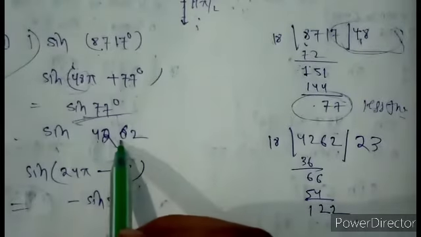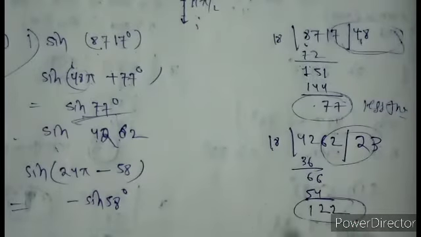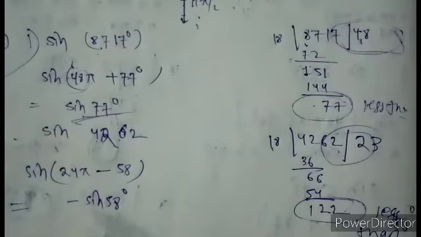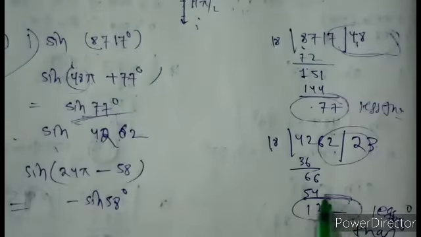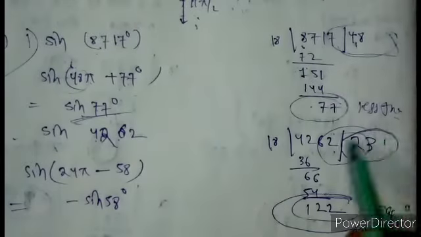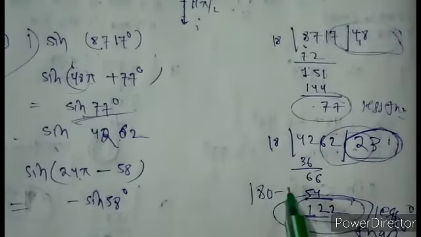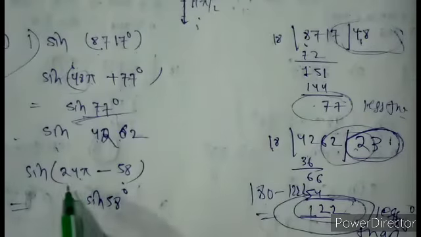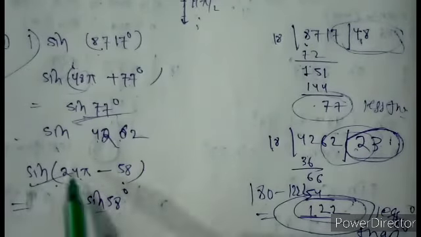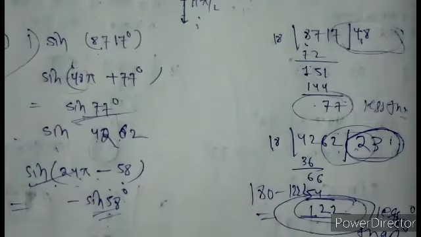Then come to sin 4262, that is 180 multiplied with 23, then the remainder is 122, which is less than 180. Since it is more than 90 and less than 180, add 1 with this, so sin 24 pi, and subtract from 180 minus 122, that is 58, so sin(24 pi minus 58). As it is sin(n pi minus theta), here n is even, so sin is negative. So this is the answer. According to this, all the questions are very easy.